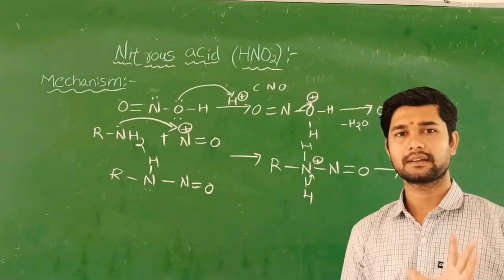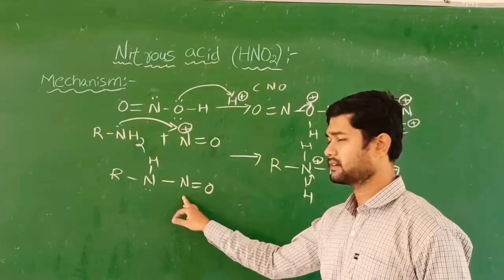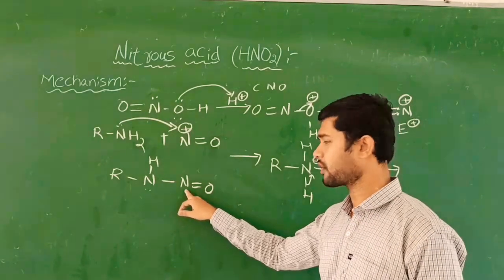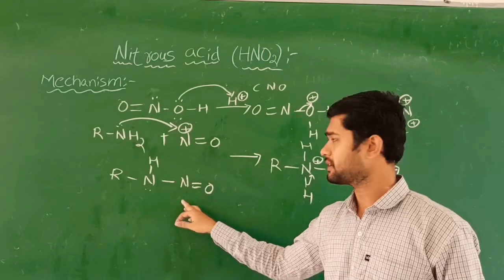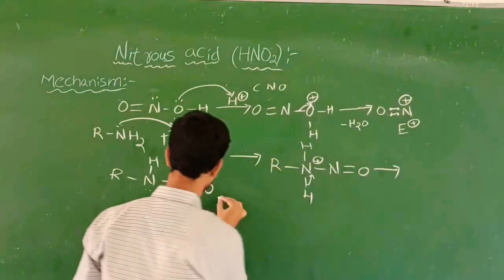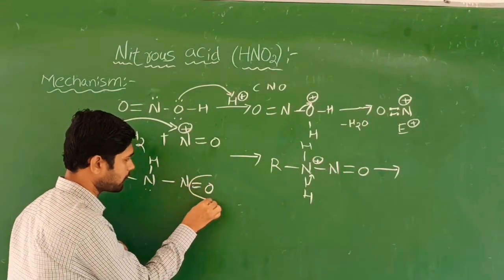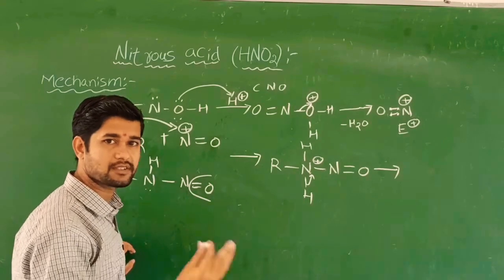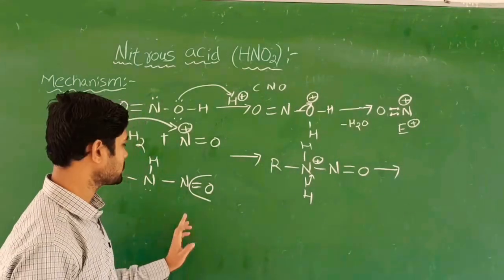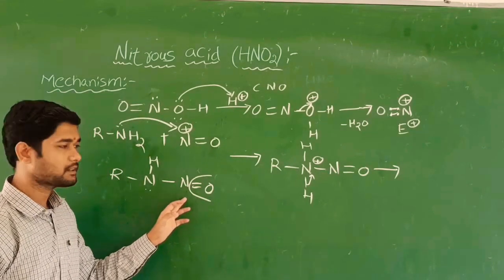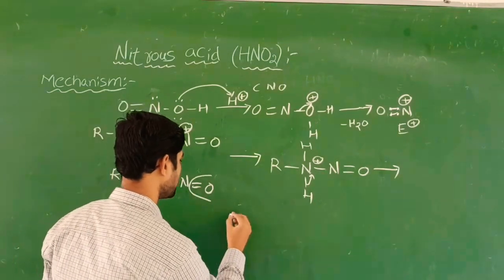Tautomerization, you know that in carbon compounds, in some other reactions, the carbonyl group will be there. So it is the conversion of ketone to enol form, but here also a double bond will be there. So I am going to convert this double bond O into the form of OH, because our aim is to get the primary alcohol. So that's why I am going to write the tautomerization step. So how am I going to write it here?